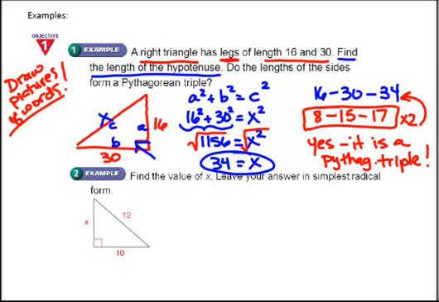Example 2, find the value of x. Leave your answer in simplest radical form. That means no square root buttons. All right, let's first of all, here's my right angle. Point to it. There's my C. I'm going to make this my A, make this my B. Using Pythagorean's theorem,